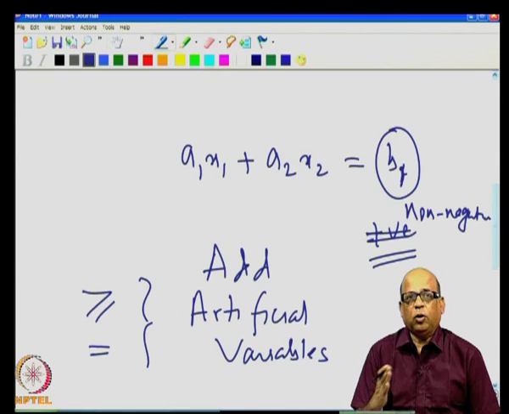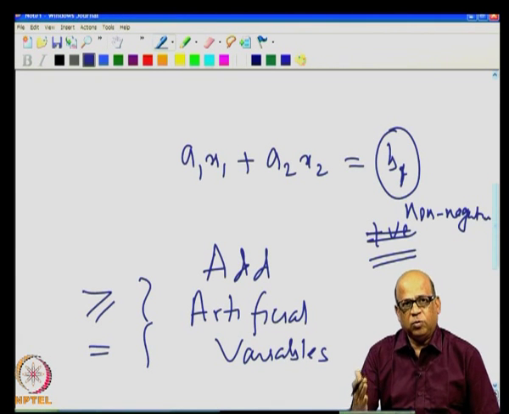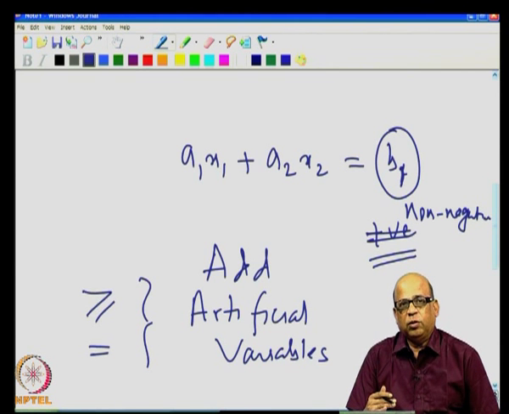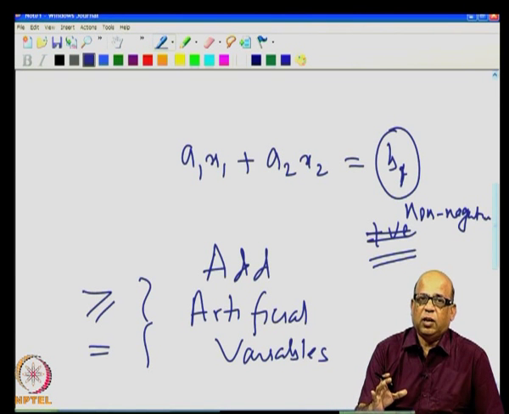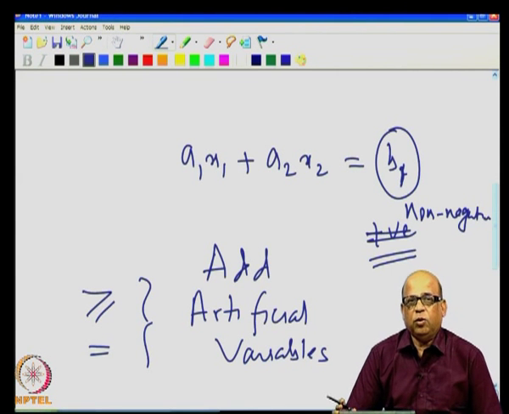These variables were not existing in the original problem. They did not even exist when we converted it into the standard form by adding the slack variables, by subtracting the surplus variables, etc. After you convert it into the standard form, you then see that the initial basic feasible solution is not available, and therefore, you add artificial variables. These variables are artificially added, they were not existing in the original problem.